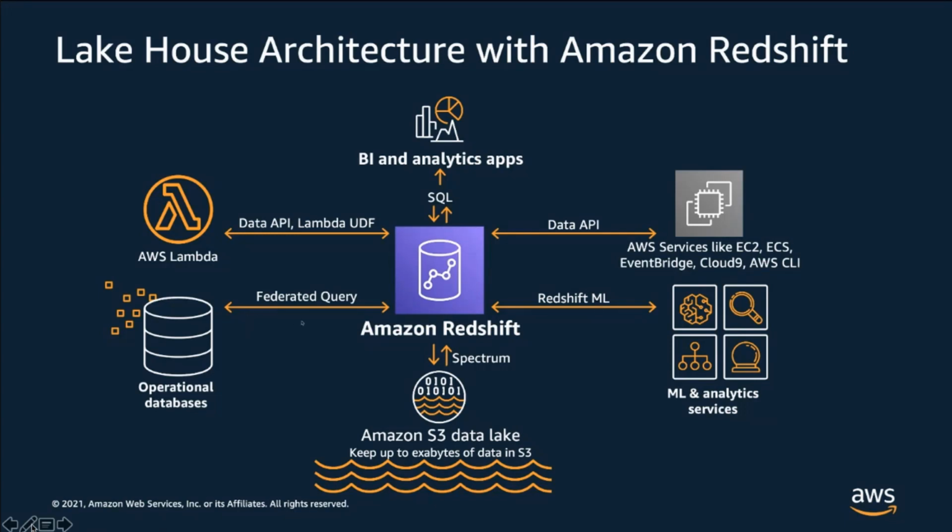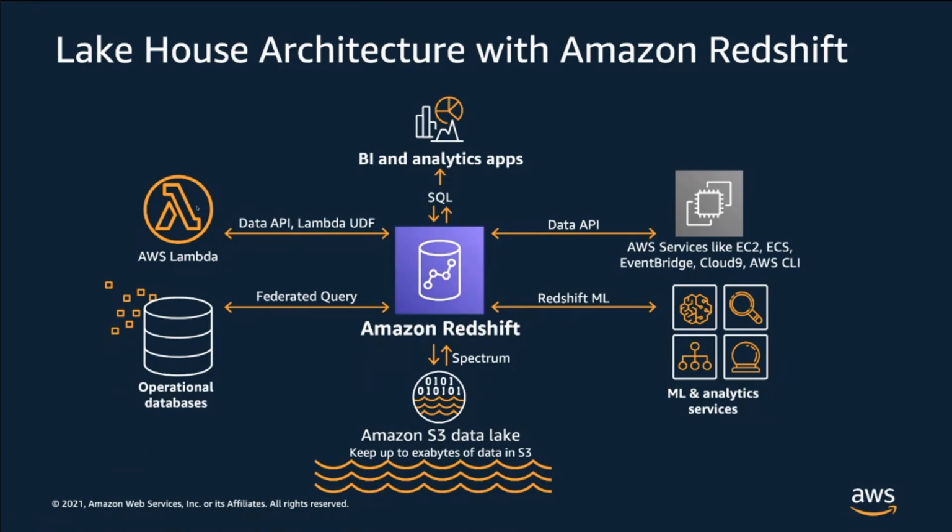With Redshift Federated Query, you can run live queries in your operational databases like Aurora Postgres or RDS Postgres, or combine data from your relational database and Redshift and your S3 data lake. With Redshift ML, you can use standard SQL to create and make predictions with machine learning models seamlessly from within Redshift. Similarly, with Redshift Data API,